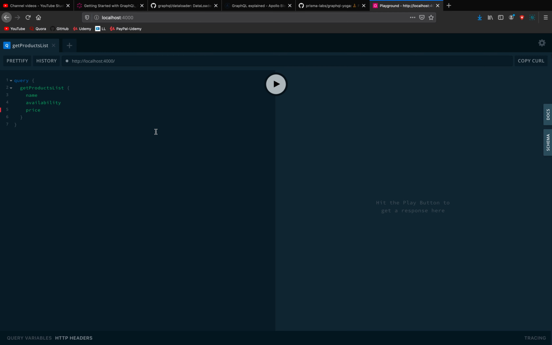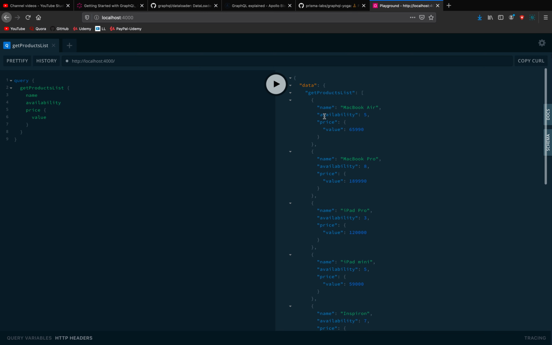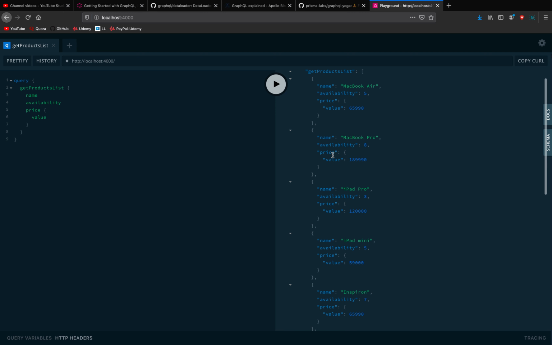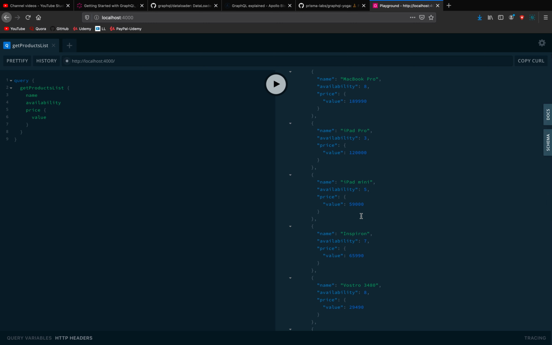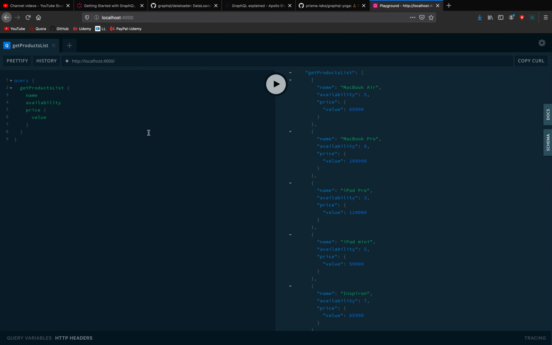And as I have said, your query should result in a scalar value. You can't retrieve the whole price in the query, you need a scalar value. So I need the value here. So as you can see, the query structure matches the result structure, and I get the list of all the products that are there in my system and just the fields that I asked for. Now, as you can see, in a single endpoint I have got this. In a REST API also, I would have had a products list endpoint. I would have fetched this information.